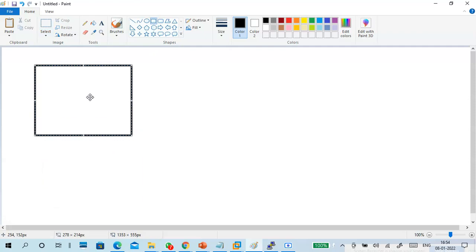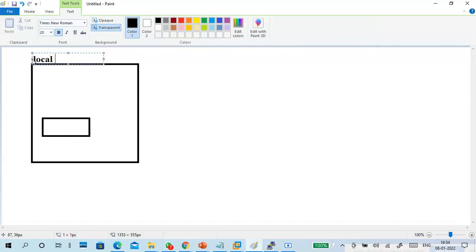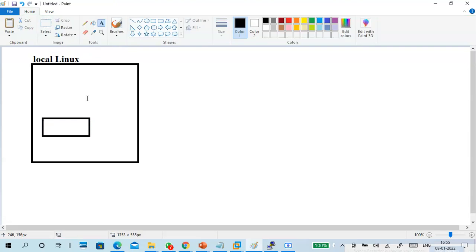Look, this is your Linux PC. What I will normally do, guys, listen carefully, step by step. This is my local Linux. I'm not doing any practical now, first understand this.